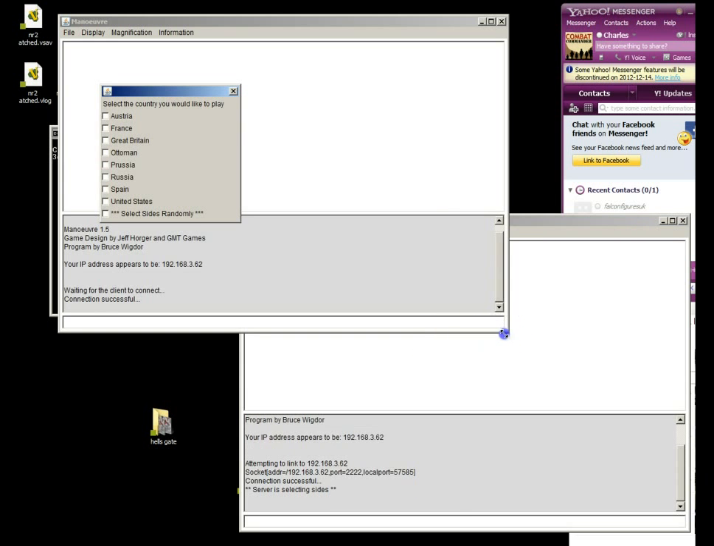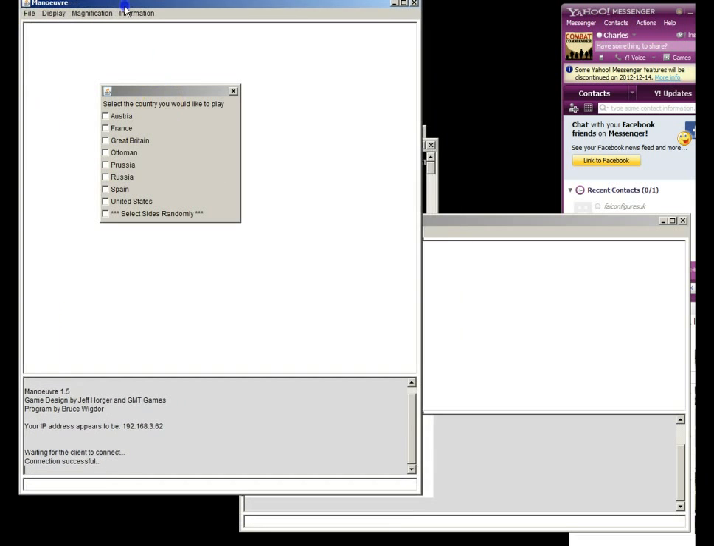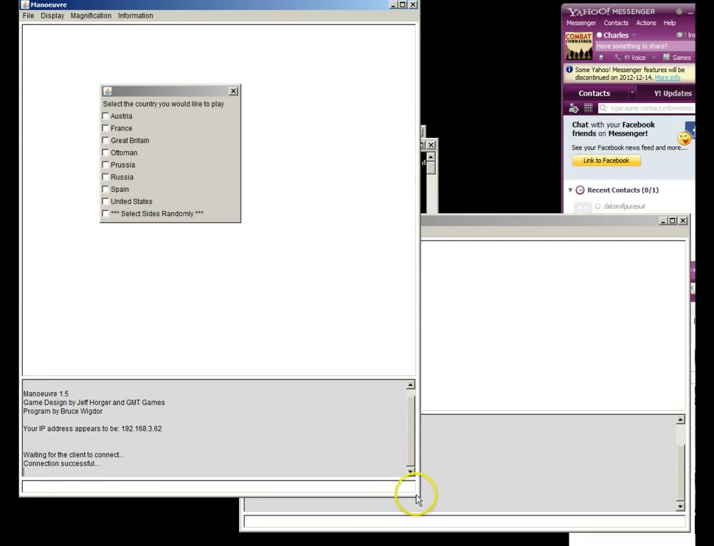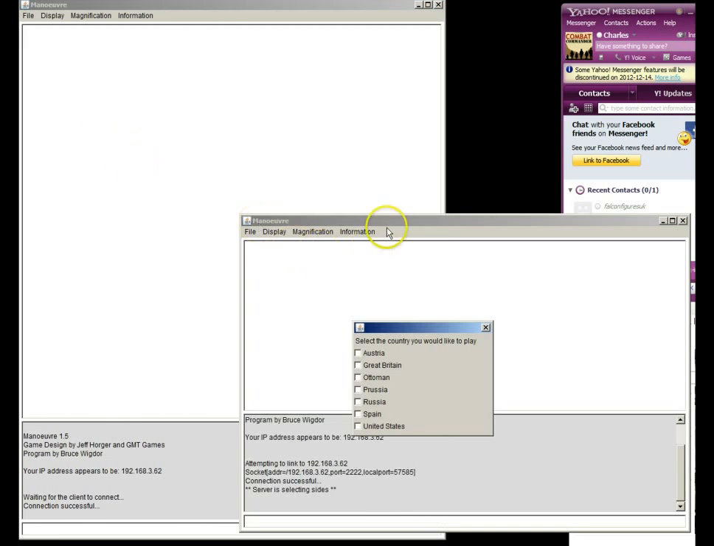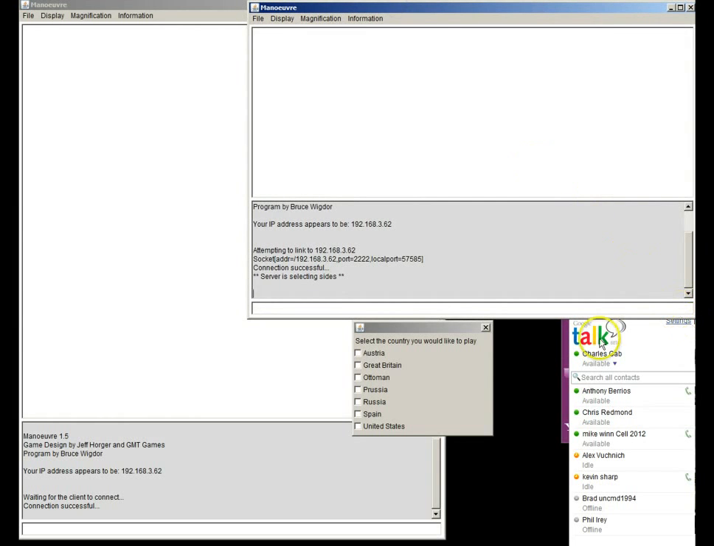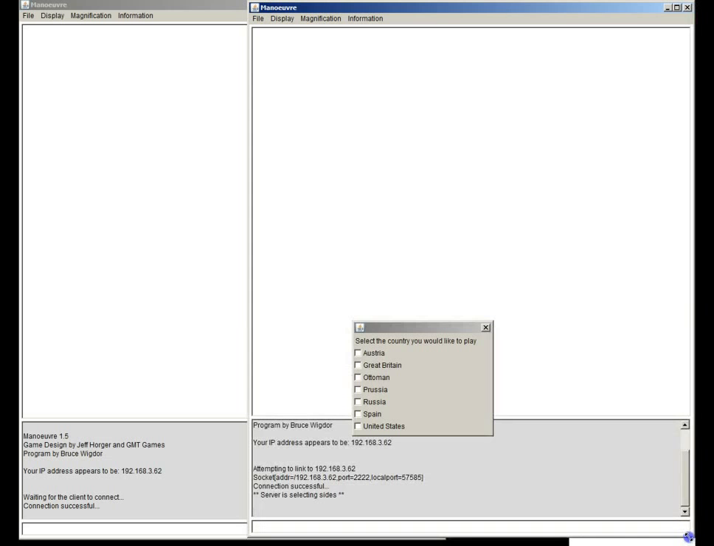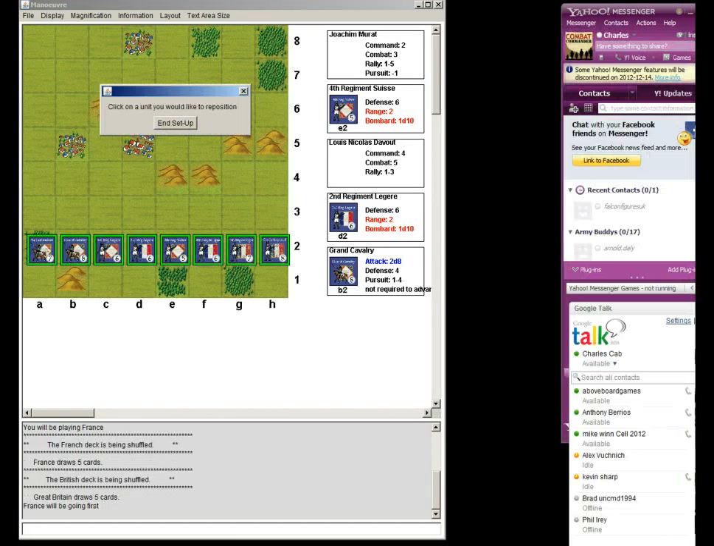So when you connect, you'll have two different windows open. And it'll ask you what side you want to play. And then the other window will become active when it's their turn. And I know this is a bit confusing since we're doing this solo. The other person will play Great Britain. So just till we get past the basic mechanics of the game, I'm going to move the second window to the side here